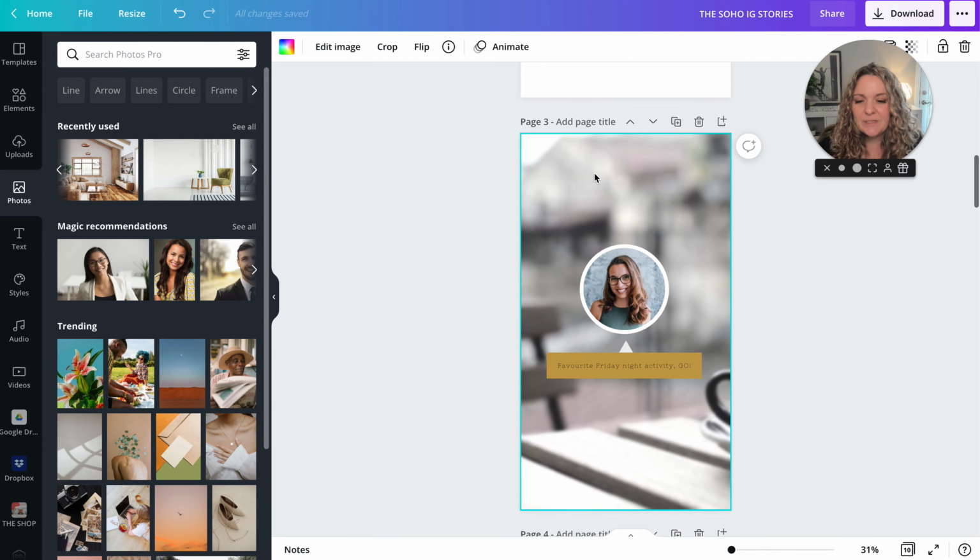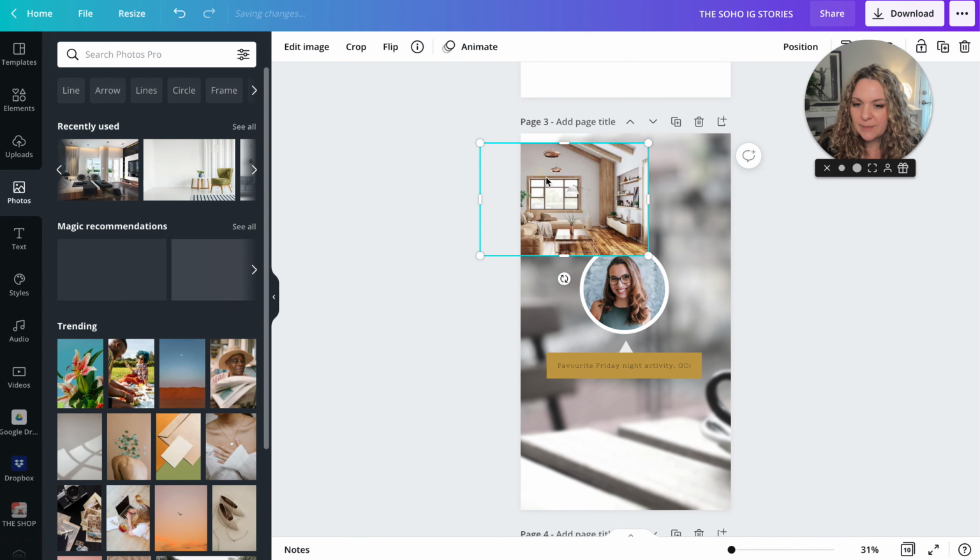Now, the photo in the background of this is blurred, and we've blurred this image so that everything in the foreground is in focus and draws your attention. So I'm going to show you. If I pop this photo in there,